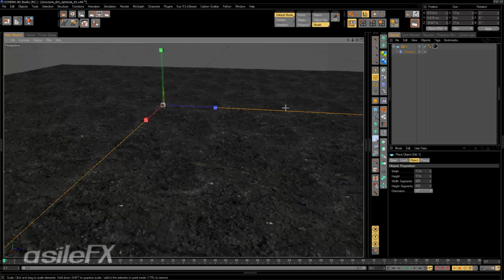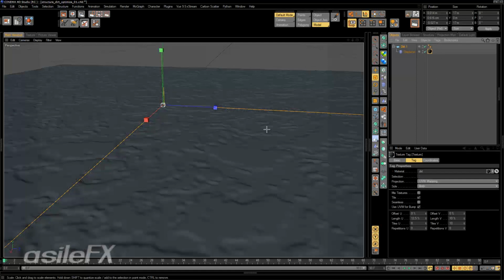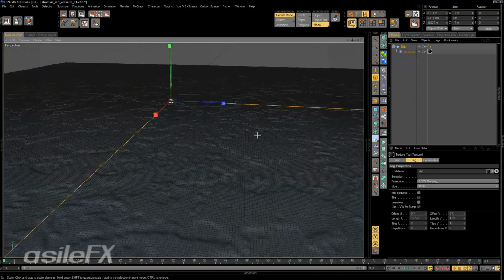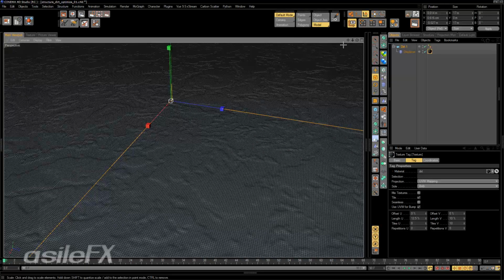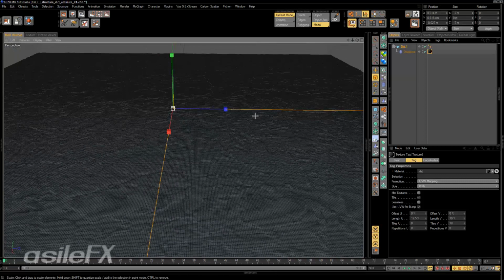So using this object with such a high polygon count isn't really efficient. If we go ahead and take a look at the polygons, you can see there are quite a few. And the displacement itself is fairly simple for this. Obviously, we can have much more complex objects, but what I want to show you is how we can just use Cinema,